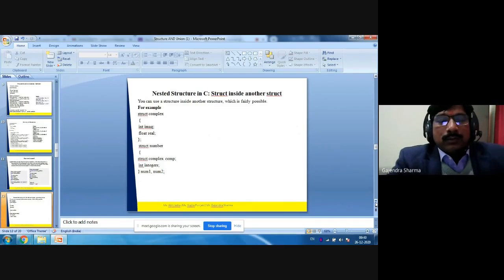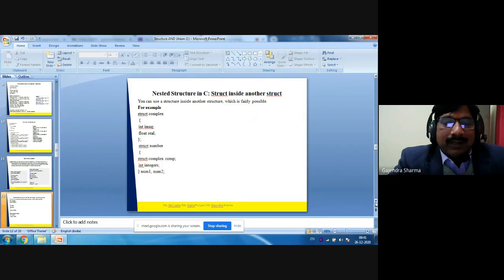You can use multiple structures or a structure within a structure. So this is a nested structure in C, a struct inside another struct. You can use a structure inside another structure, it's fairly possible. For example, struct complex. We have two members of struct complex: int image and float real. Another structure we have is struct number.